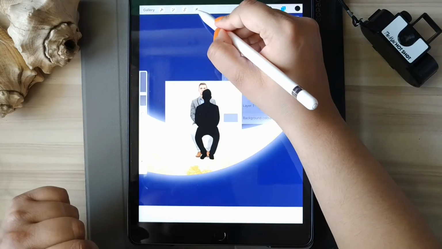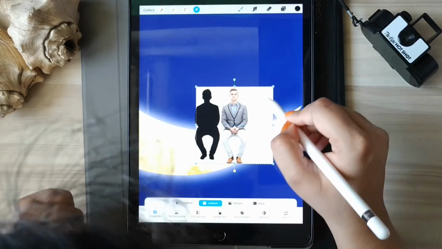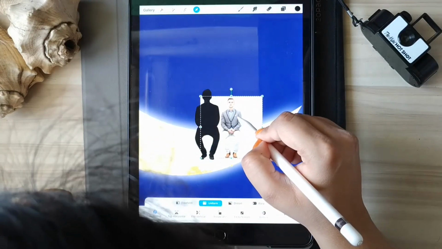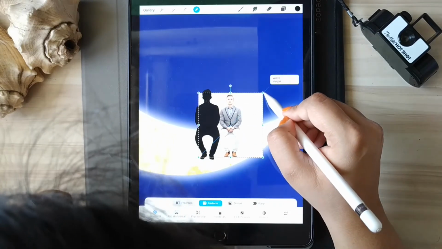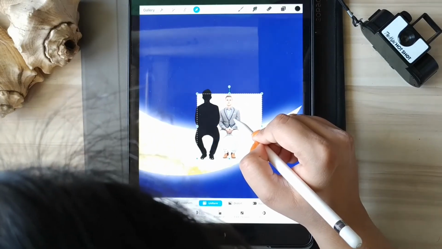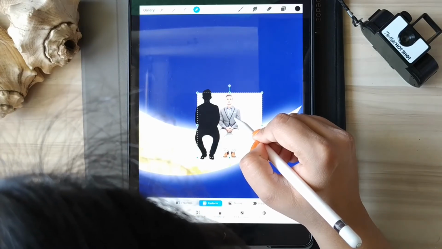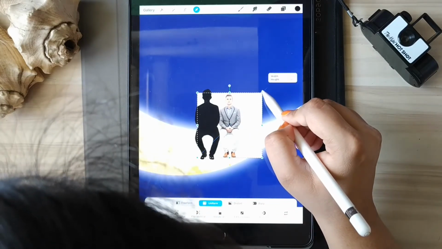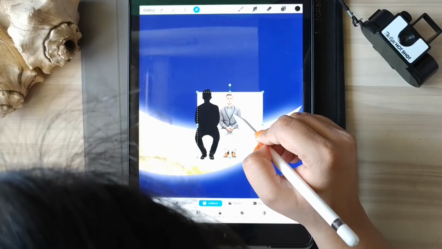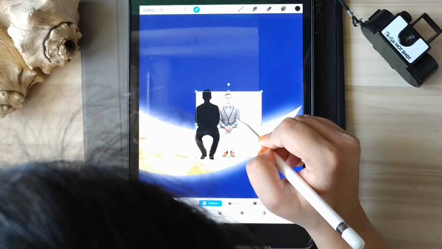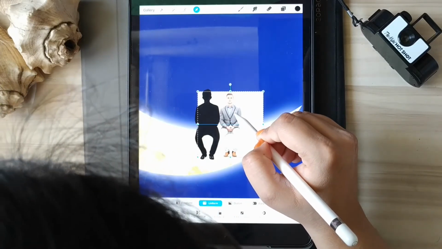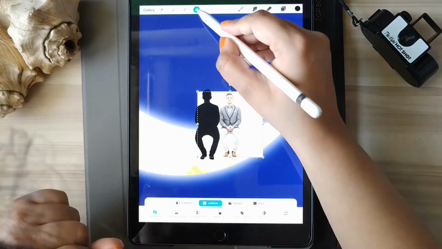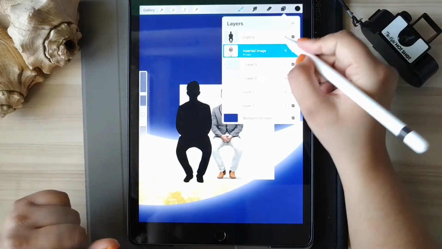Let's go to this man again, move him around and use him for the woman we will be creating. Like I told you, we'll be creating a couple, so we need a female counterpart for this man. We'll use the same image as a reference for the woman. Since it's basically just a dark shadow, you don't necessarily need a female figure. You can simply use this one and create a woman like I did.